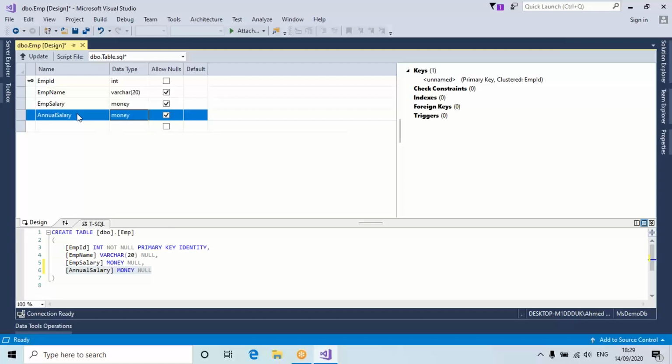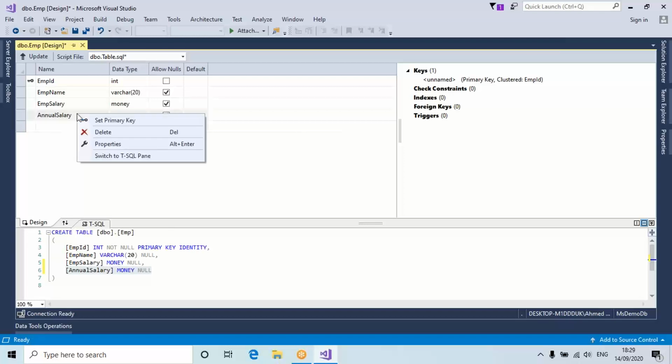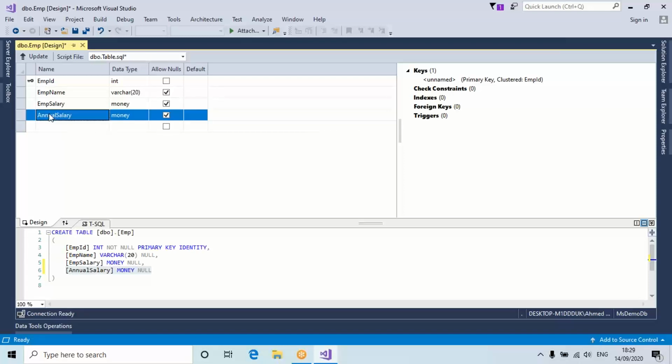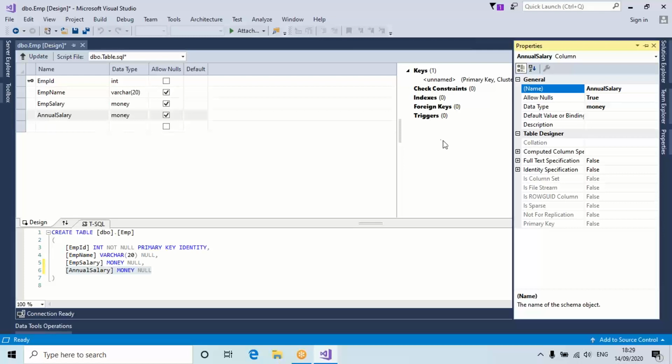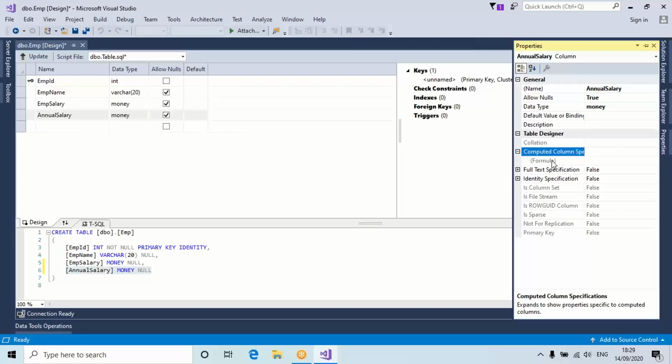Now you want to have a calculation for this. So you can go to properties of this column, F4. Here, computed column specification, formula. You have to say EMP salary